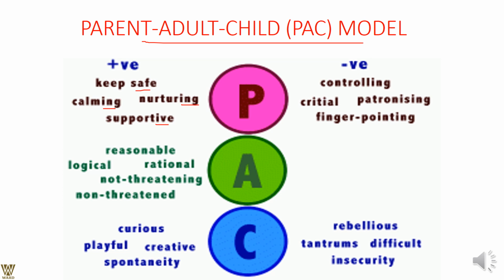Similarly, what would the negative connotations be? You might become too controlling, too dominating, too critical, too patronizing, and probably finger pointing, or let's say accusing, where you try to pick up the faults altogether rather than only praises. So basically, when it becomes supportive, it is praising, nurturing, giving, equipping all your friends or all your relationships with a certain kind of affinity. Therein you are in the parent ego stage.